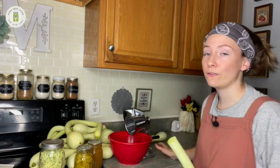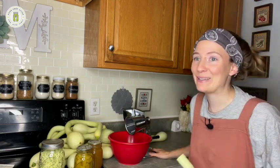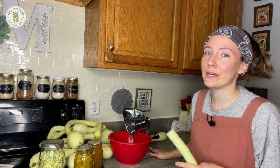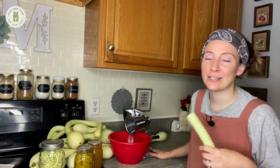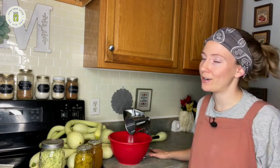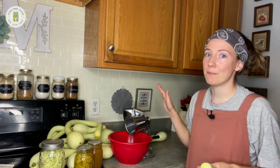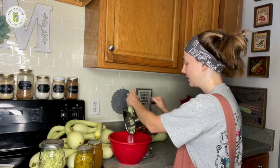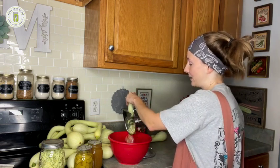But if you are like me and you prefer mechanical versus things that are electrical that seem to always break or run out of batteries or need charging, it's going to be kind of frustrating, especially for us when we lose power pretty often. So if you are looking for a mechanical style food processor, I highly recommend this. It has multiple attachments, so you can do more than just shred. You can slice,